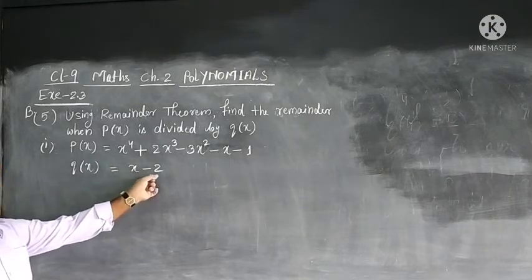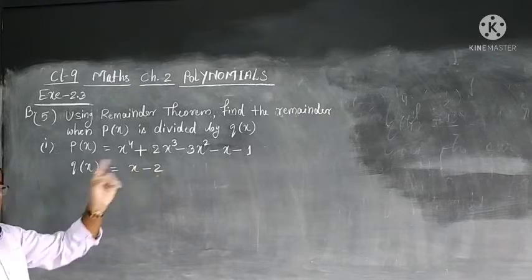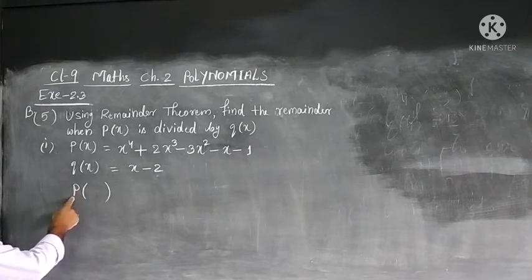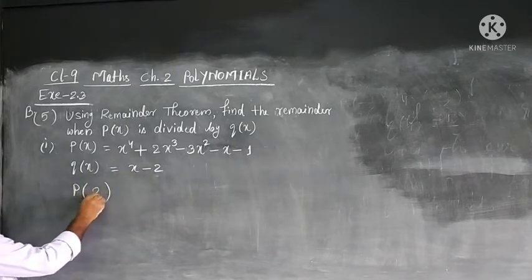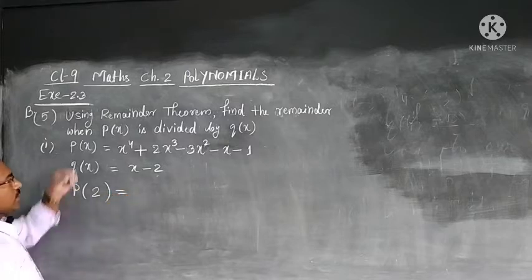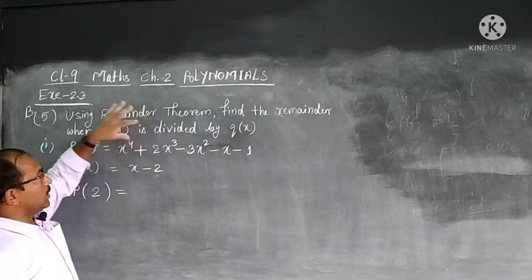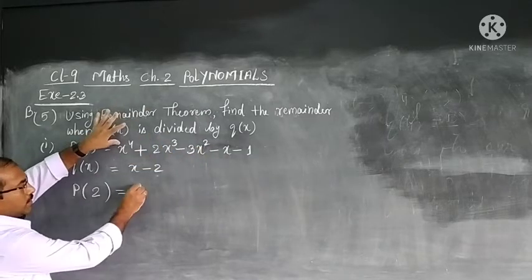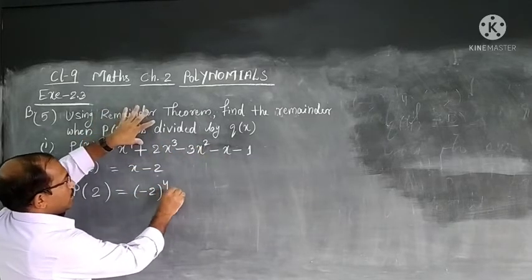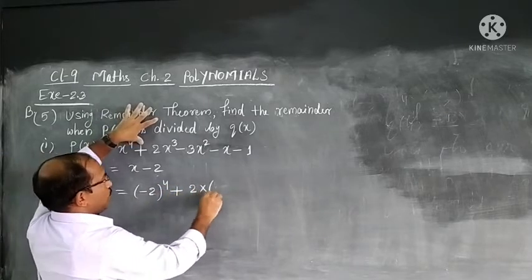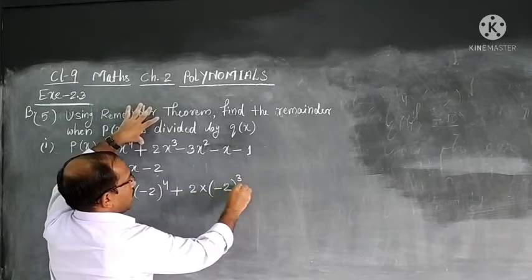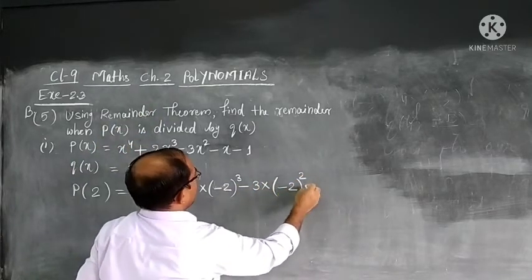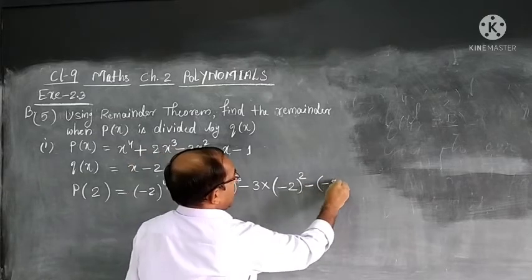So, we will go directly for the constant term, which gives us 0. How do we use it? P in the polynomial, for minus 2 we will use plus 2, and start using this value in place of the variable x in the dividend. x to the power 4, that is 2 to the power 4, plus 2 into x cube, that is 2 cube, minus 3 into x square, that is 2 square, minus x, and it has minus.